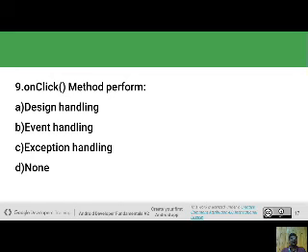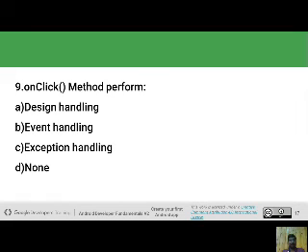Now this is the XML question. In XML, the onClick method performs what operation? The first option is design handling, second is event handling, third is exception handling, and last is none of the above.